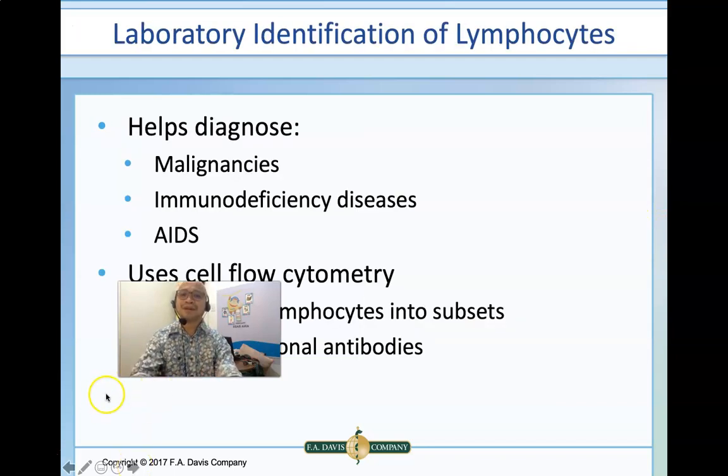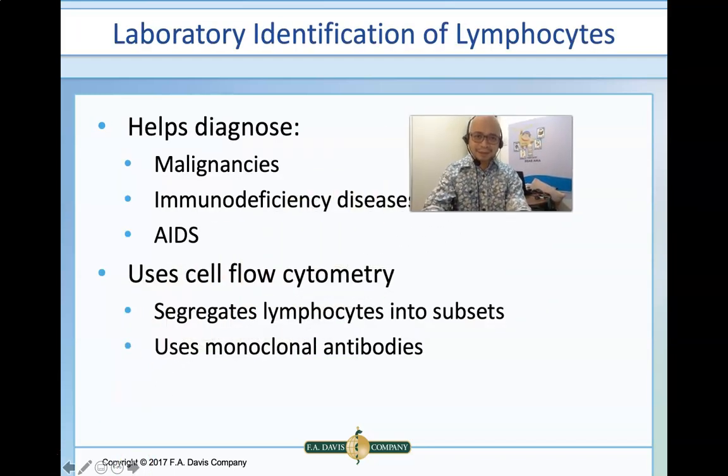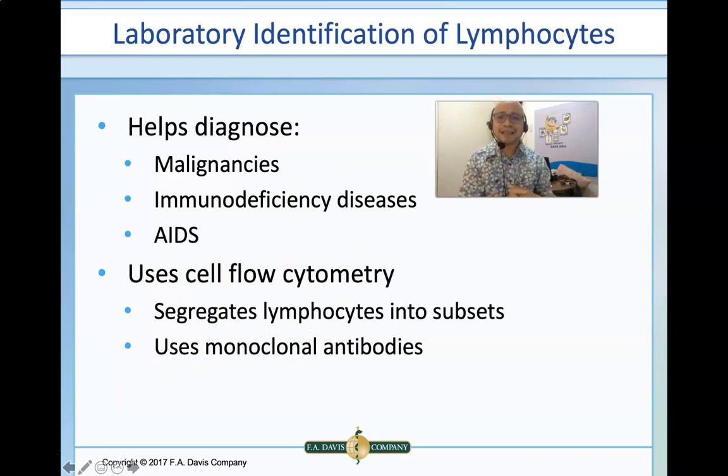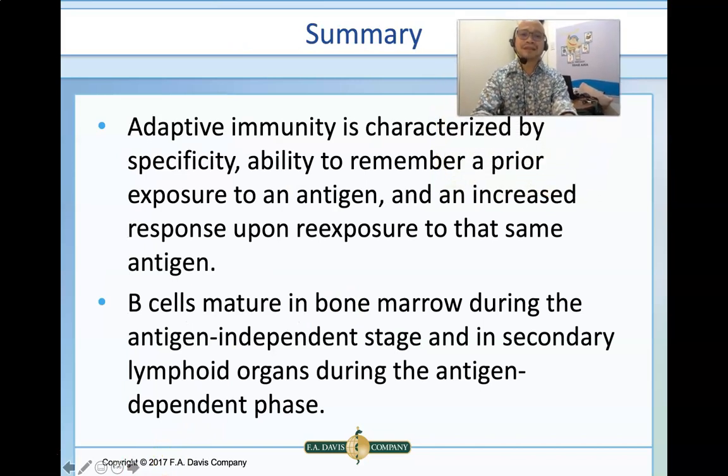Okay, so what's the importance of knowing the subset of lymphocytes? Usually, guys, HIV patients will have to undergo the identification of the subset of lymphocytes by means of flow cytometry, which is another lesson here in immunology. It will segregate lymphocytes into different subsets and is used via monoclonal antibodies. So it's very important for AIDS patients, for assessing or evaluation of immunodeficiency disease, and for assessing malignancies. Okay, so this sums up our